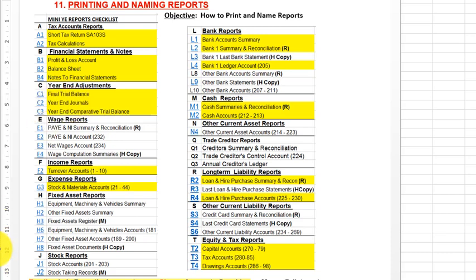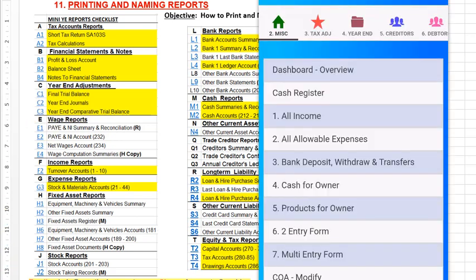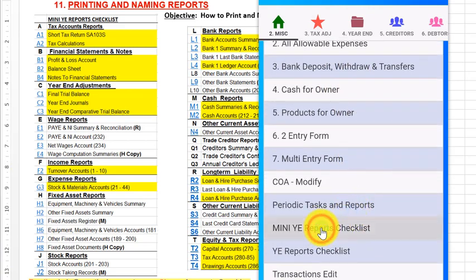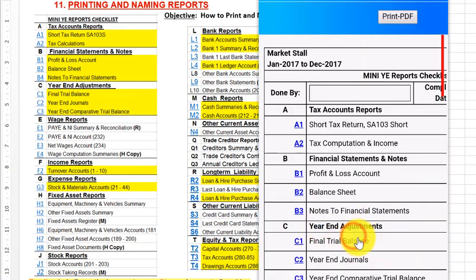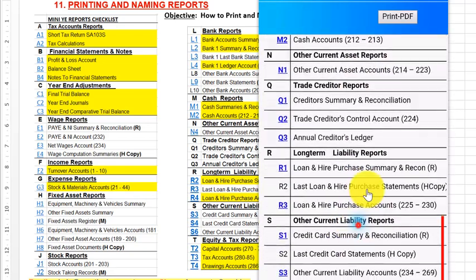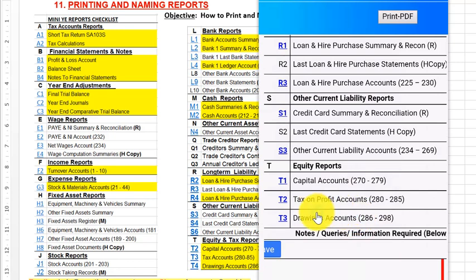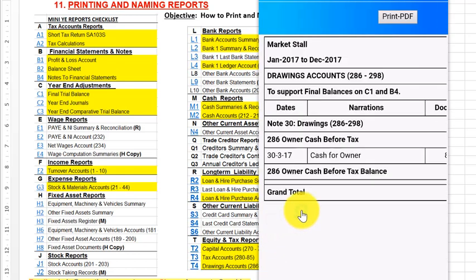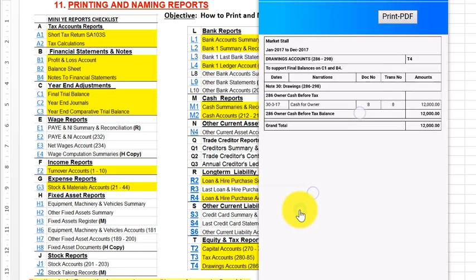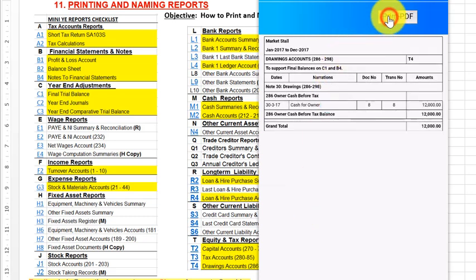T4. Okay, let's get to our device now. This is our device. Now we go to our mini year-end reports checklist. Now T4 is probably, we scroll down, T3 because of the modification for the small and simple business. So let's look at this T3. Now essentially this account shows all the transactions on the drawings account for the whole year. So we click print PDF,